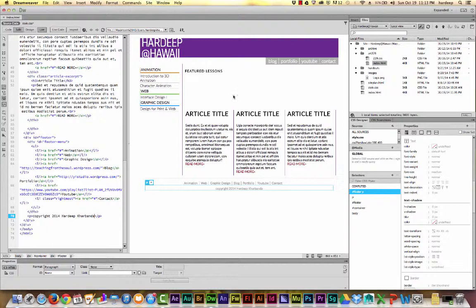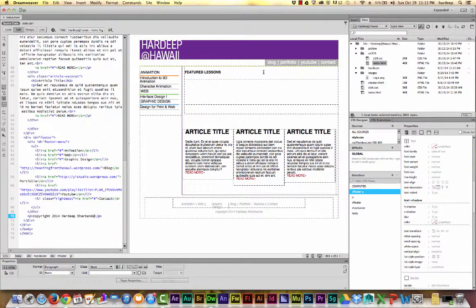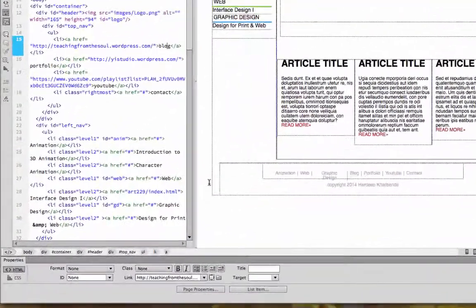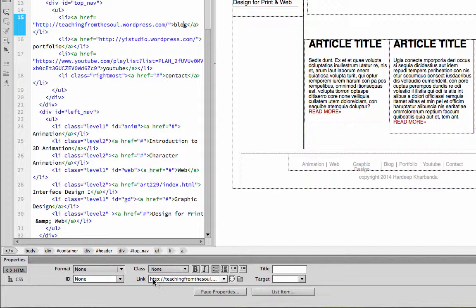When someone visits my site and clicks on blog, portfolio, or YouTube, basically any of the links that are not on this site but on a different site, I would like those external sites to open in a new window or a new tab. So here's how I can do it. For example, my blog link. If someone clicks on my blog link, I want my blog to open in a new window or a new tab. So to set this, I go inside my blog link, go down to the properties panel,